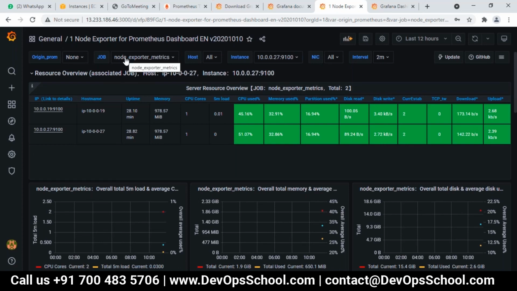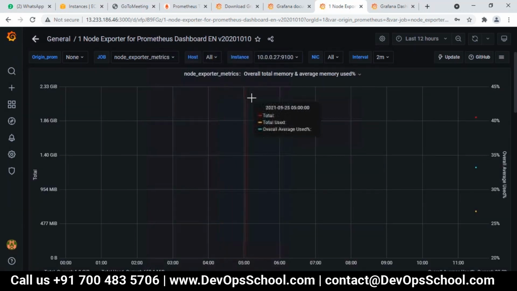Down in the graph, on the left. See, overall total memory. You're talking about the gigabyte data, this one, 2.33 gig. Yes.